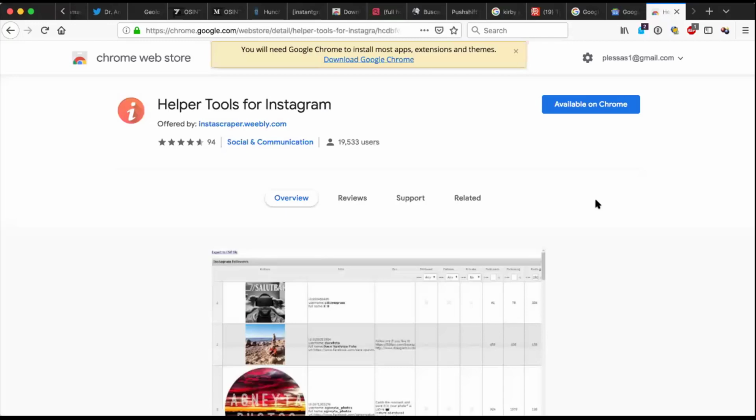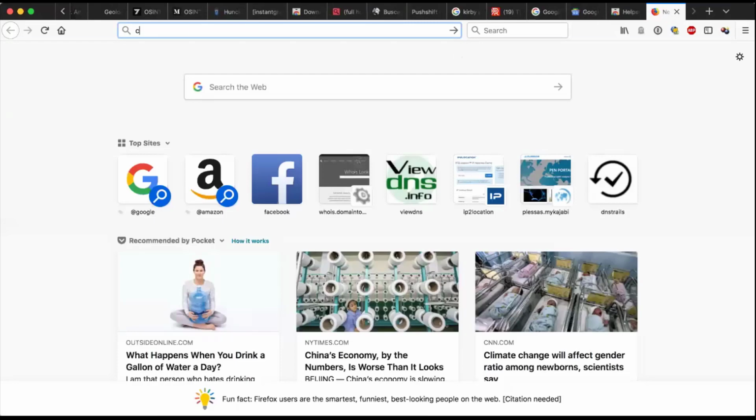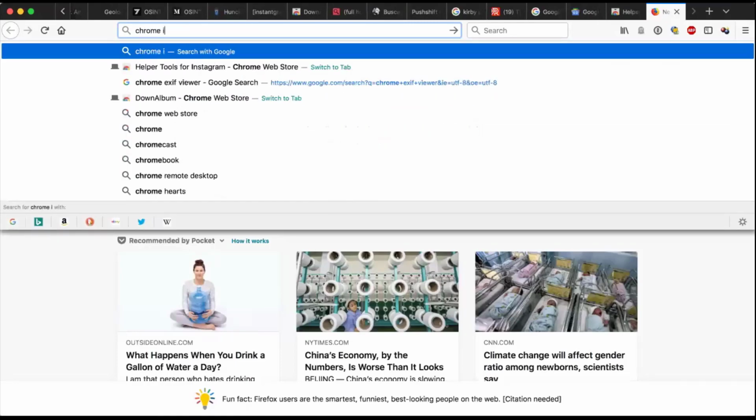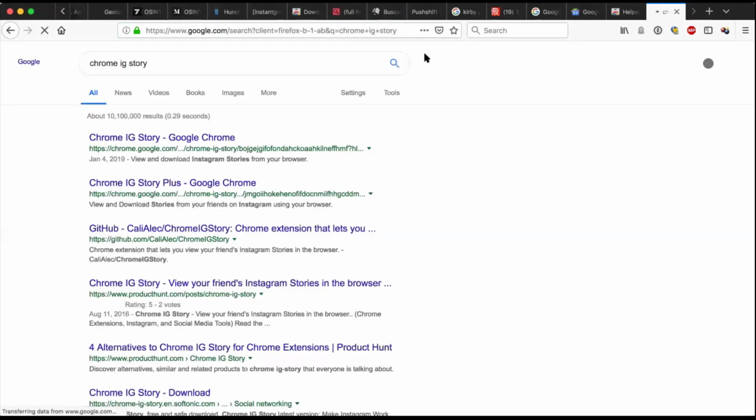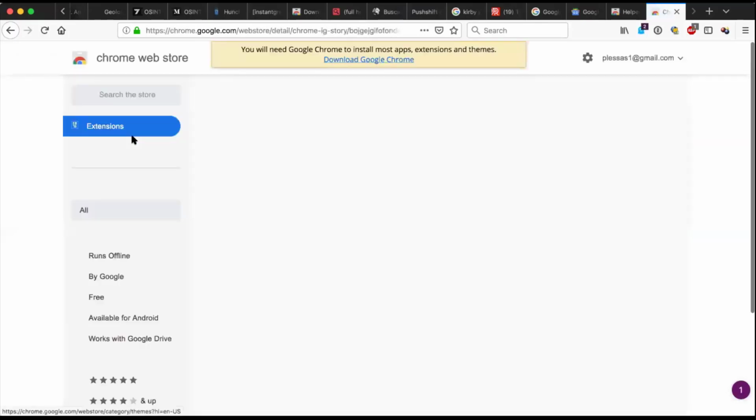Speaking of Instagram, I've got a tool. Have you tried the Chrome IG Story? Yes, that one I like because it lets you look at Instagram stories of somebody without being visible. It has an anonymous mode. True, and it also gives you an option to search the stories, because I'm not quite sure how I can search for stories on the Instagram mobile app, but here you can do that quite well.